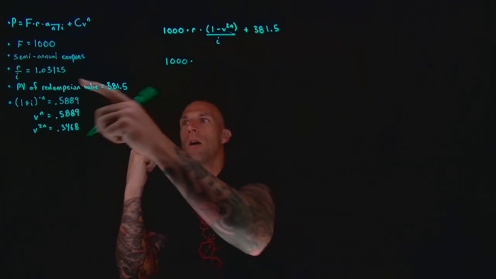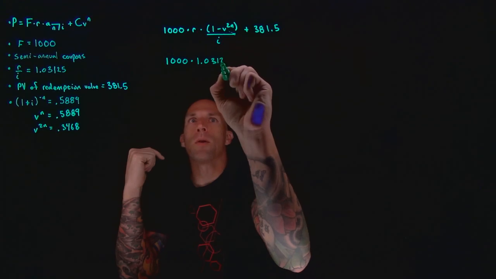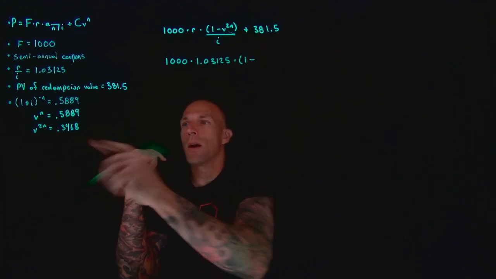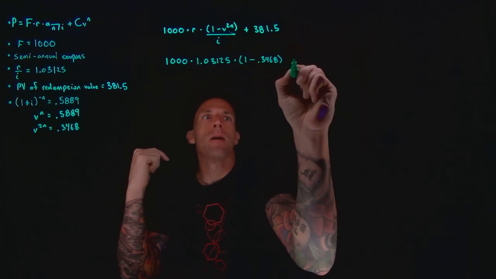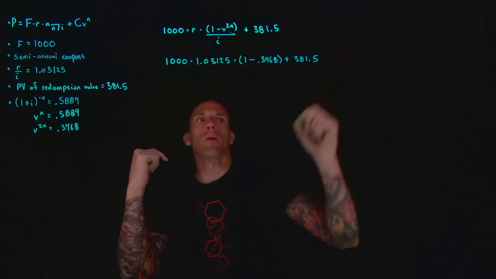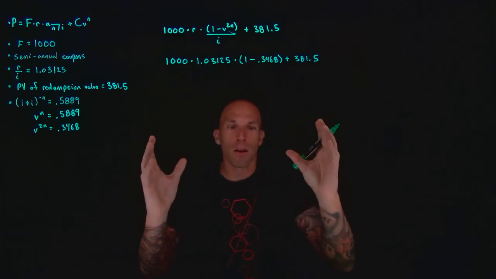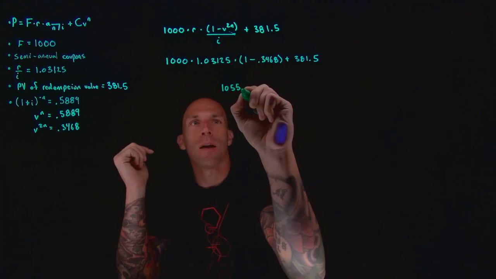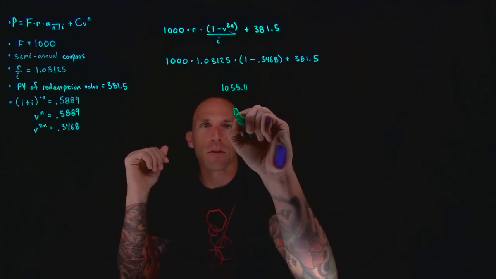1,000 times R over I is the same as 1.03125 times 1 minus v to the 2n, so 1 minus 0.3468, plus the given present value of the redemption value of the bond. So we plug all that into our calculator, and we get 1055.11 or something thereabouts. So the correct answer here is